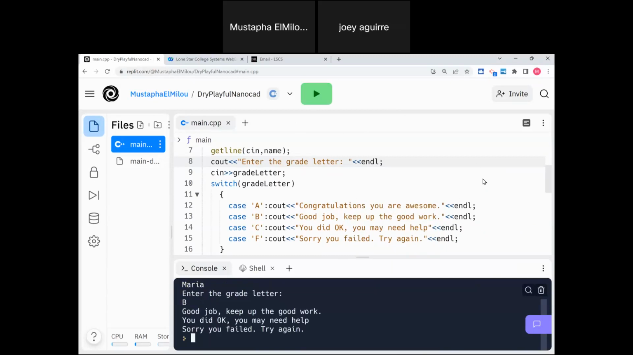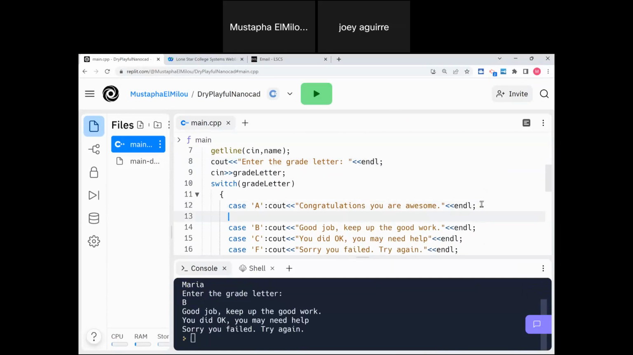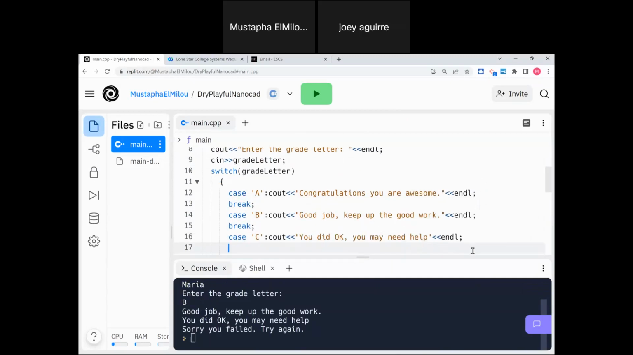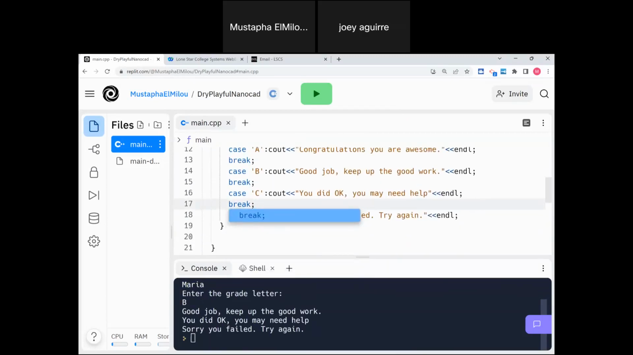So to avoid that problem, there is something called break. That means you exit the statement. You have to put a break, which means execute the statement and exit the block. So I'm going to put a break at the end of each one of them to make sure it does not continue. Once you print that statement, you exit. So as you can see right here, I'm not going to have that problem again. If I run the program,